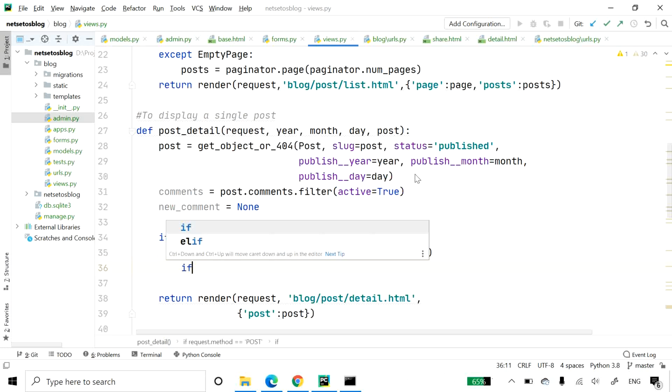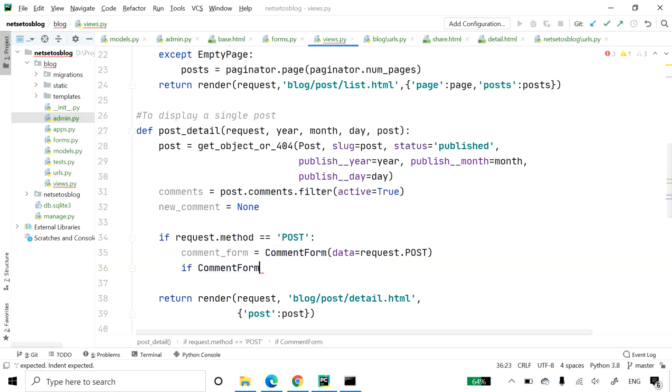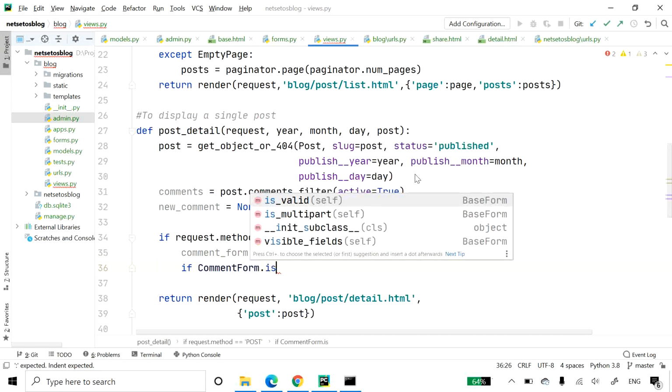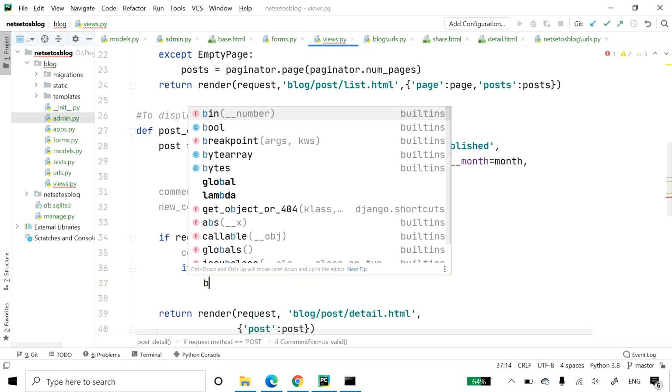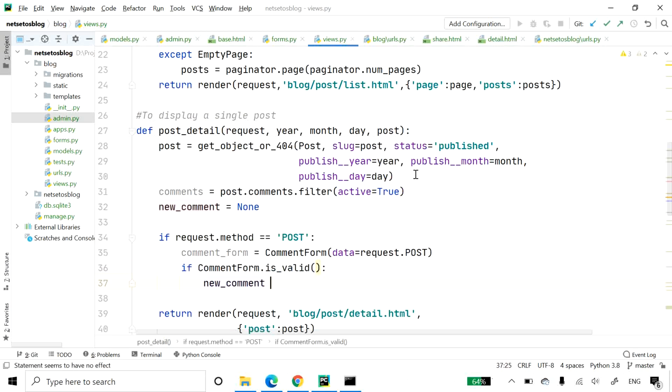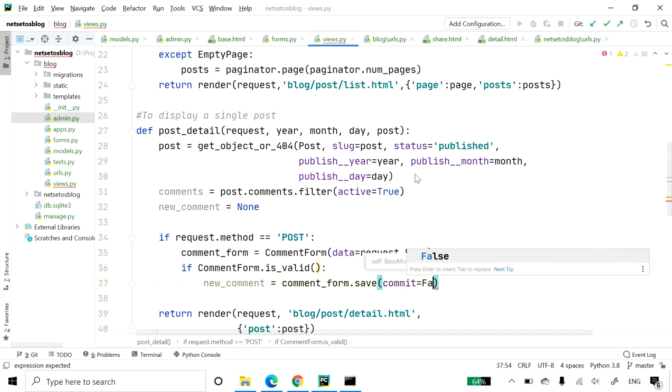And here we will have if comment_form.is_valid(). We will create a comment object but will not save it to the database. So here I'll write new_comment equal to comment_form.save with commit equal to False.